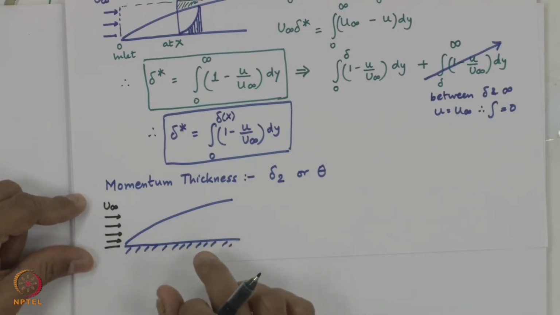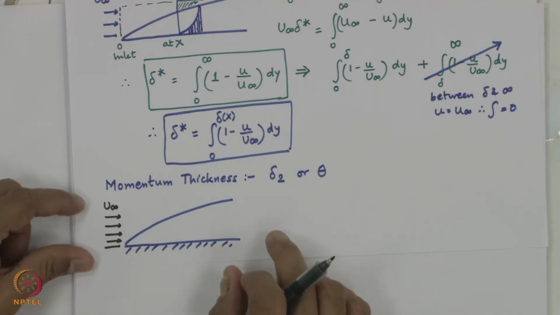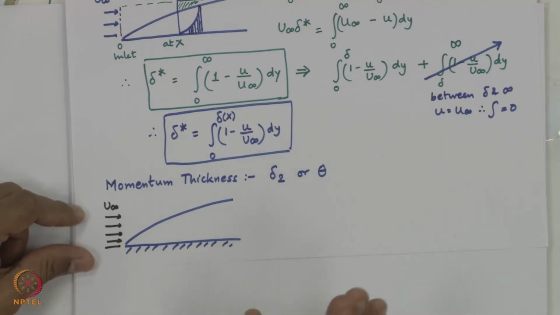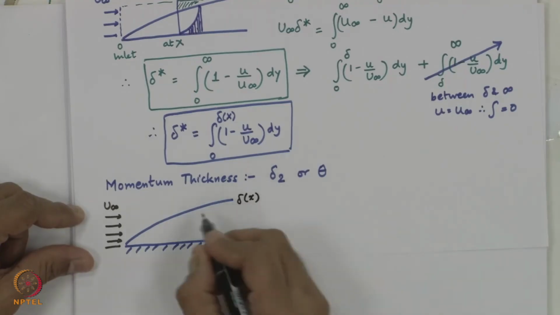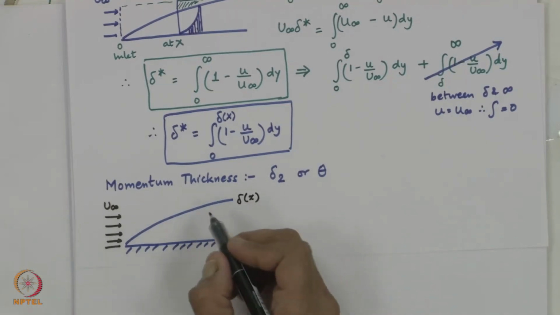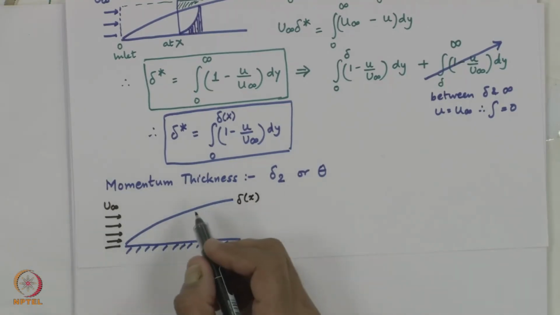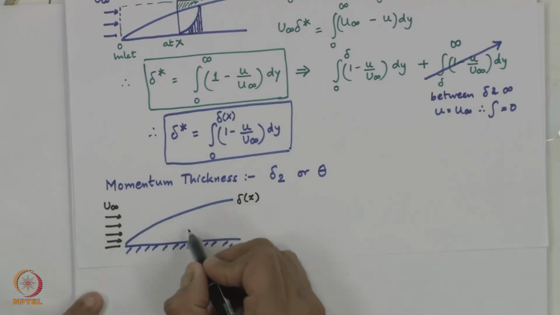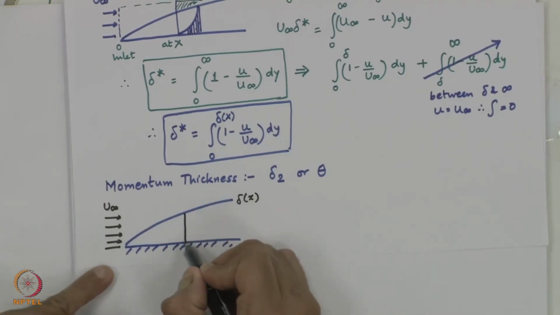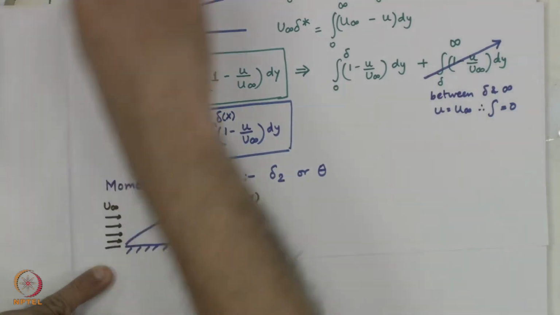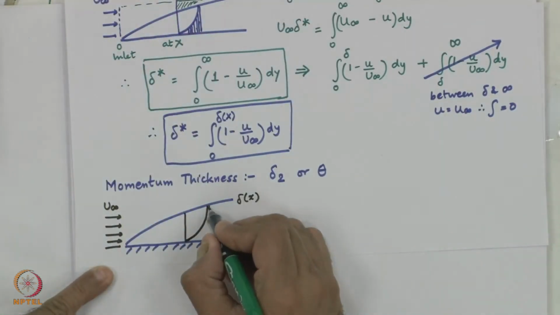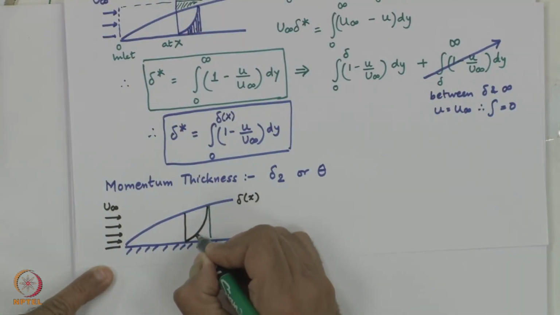So, it is in effect per unit area, if I say, it is nothing but rho u infinity squared, right. When the fluid exits a control volume, part of which is in the boundary layer, the mass that is being carried out at that location is obviously smaller or lower than what came in because of this